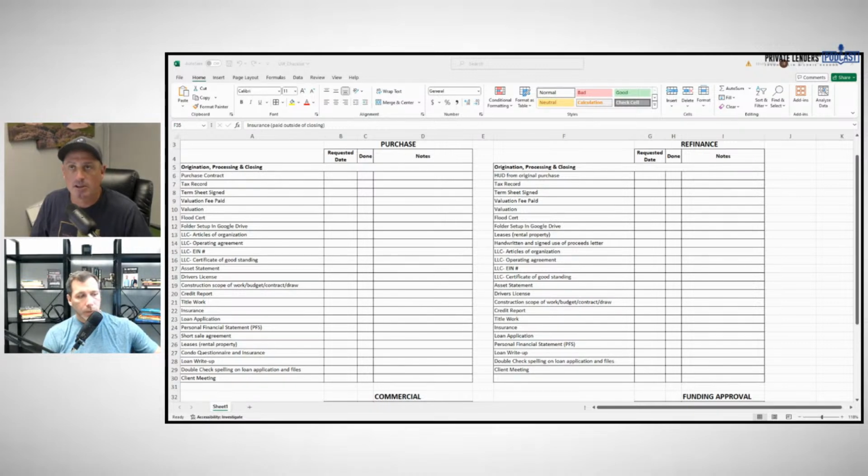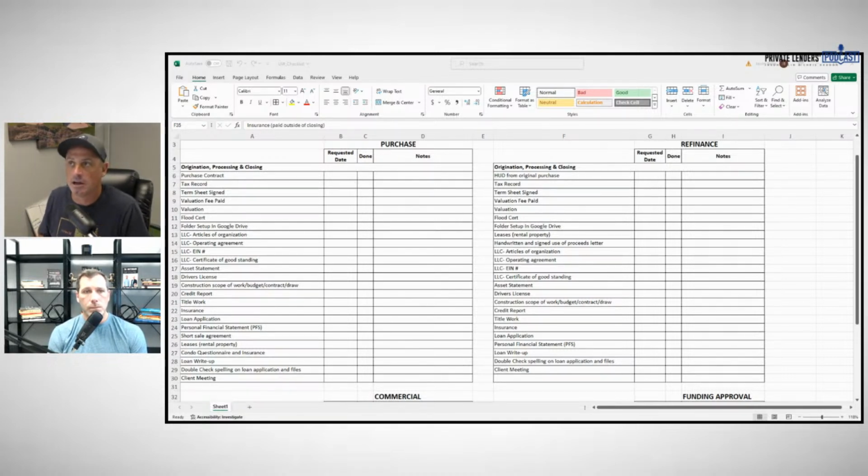You've probably heard the term non-warrantable condos. For the most part, what that means is you're not going to be able to get Fannie or Freddie or conventional financing for that. They typically will only trade in cash, or you might only be able to get a hard money loan, and that's something you really have to consider when underwriting a file, because do you really want to do a loan on someone who doesn't have an exit strategy besides just paying it off in cash because it's not warrantable? Typically that happens if it's over 10 or 15% delinquent,